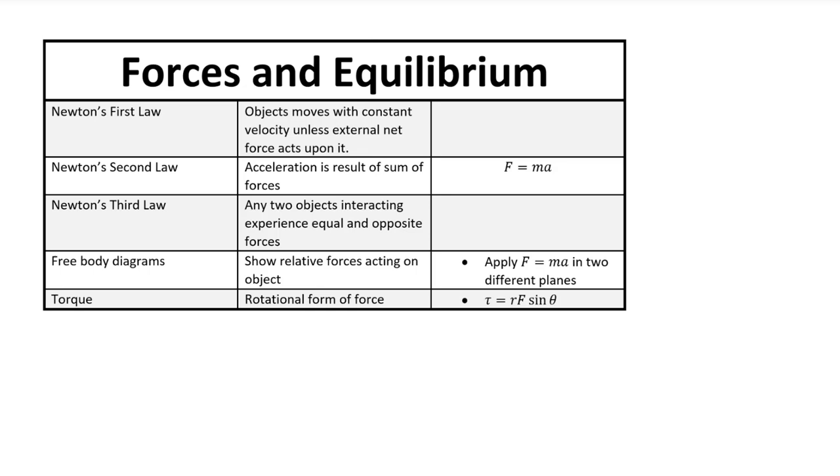I then discussed the importance of drawing free body diagrams when answering questions on the MCAT. Doing this not only helps you visualize what is going on, but it is also important so that you know which vectors are considered positive and which are considered negative. Finally, I also talked about torque, which is the rotational version of force. To work out the torque, you multiply a vector by a vector, in other words, you use a cross product. In general, for the MCAT, the most common type of questions that come up from this section is to do with free body diagrams. Please continue to practice questions involving free body diagrams until you feel comfortable